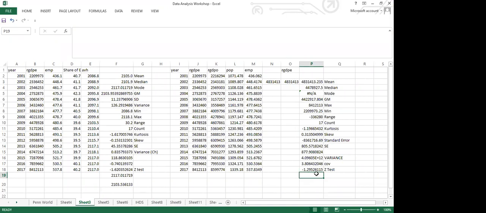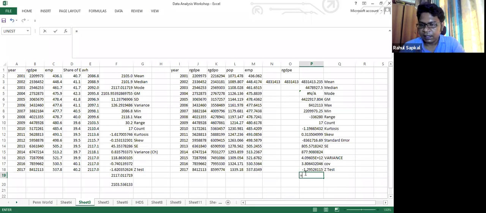Sir, can you put the cursor on the formula so that we can interpret? I'm putting this one. Now my Z test indicate pick up any randomly selected value. So I will take J2. J2 is my first value. Then minus my mean, which is P3, bracket close, divided by, now it is asking me to use the standard deviation.